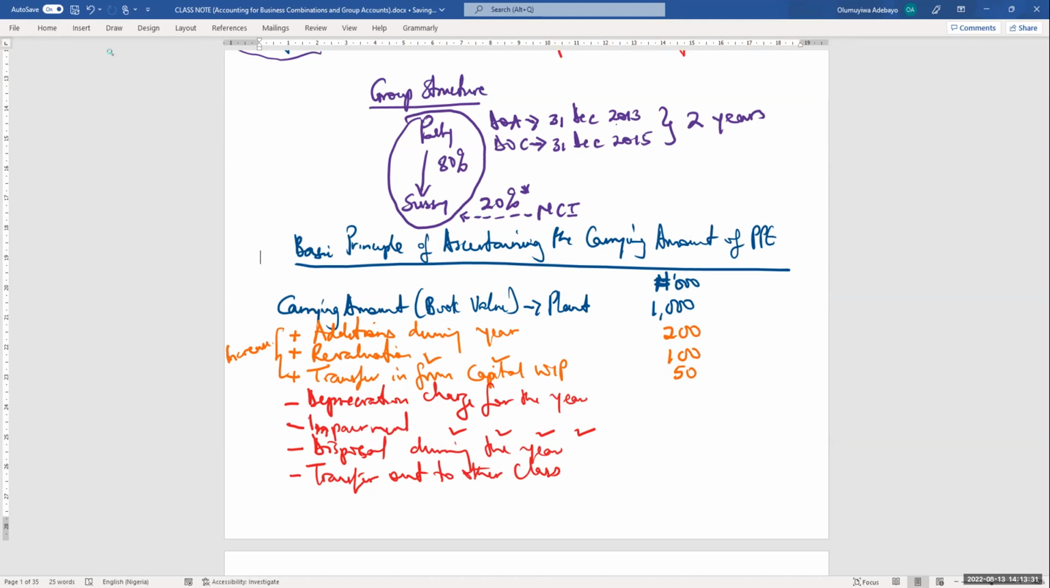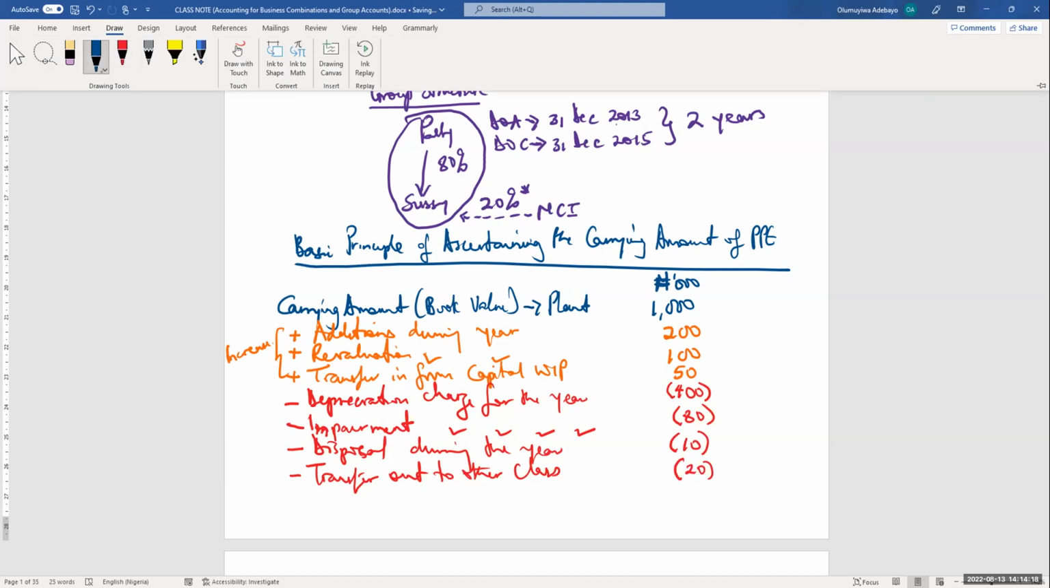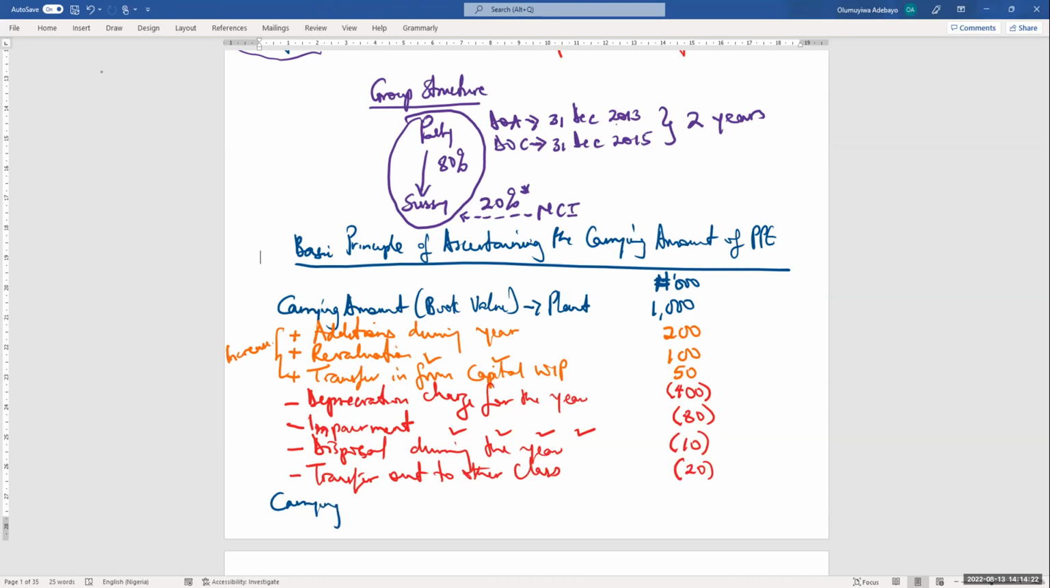And I've assumed there's no impact of foreign exchange on this, because we assume that we are buying in Naira, our functional currency is Naira. Otherwise, I might have more or less infused the impact of FX movement in it. But for now, I want to simplify it. Therefore, all of this brings about reduction. Let me say 400. Let me say 80. Let me say 10. Let me say 20. Now, all things being equal, my carrying amount at the end, or what you call the book value,